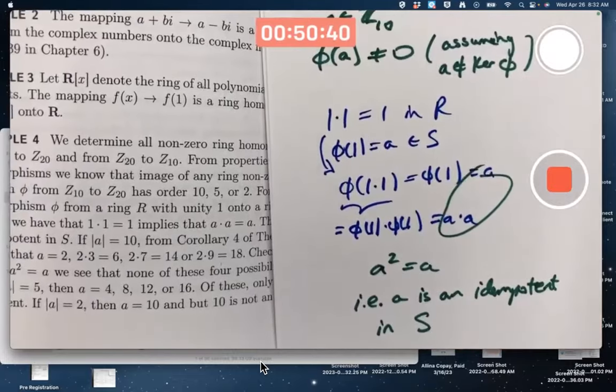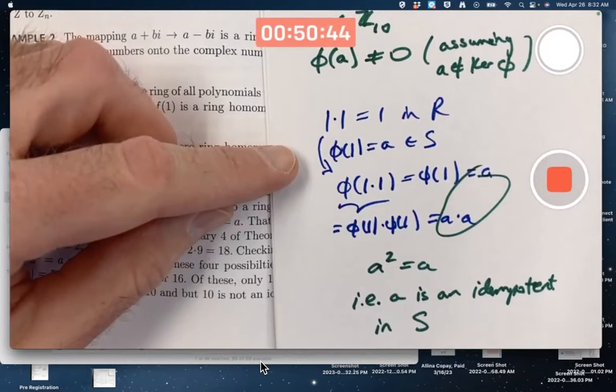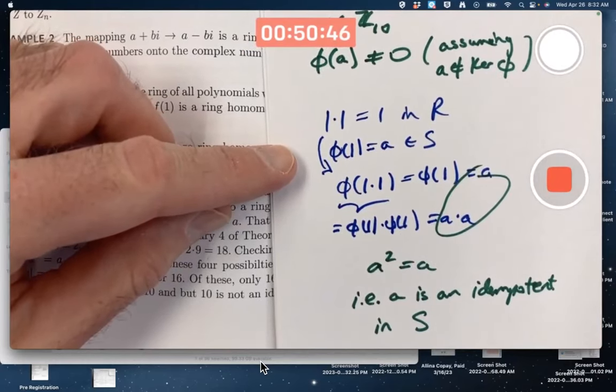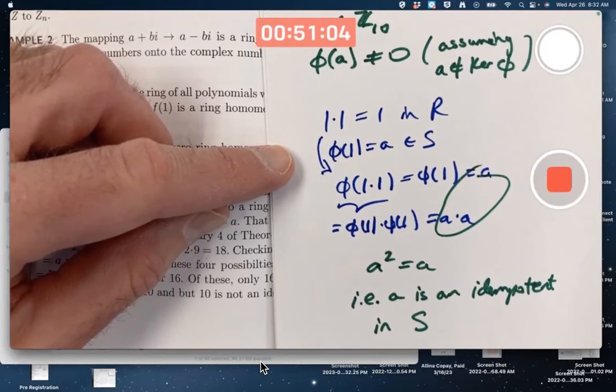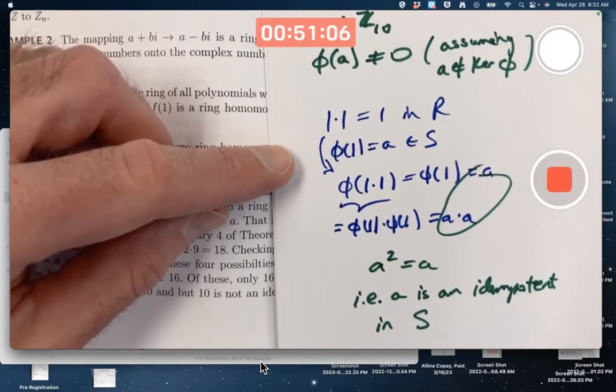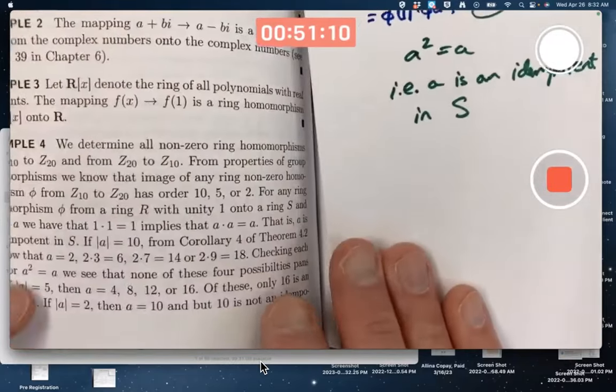And if A were 0, phi would be the trivial mapping everything to 0, it turns out. And if A is 1, that seems like maybe everything would get mapped to itself. Well, at least if the domain and codomain were the same rings. They're not here,